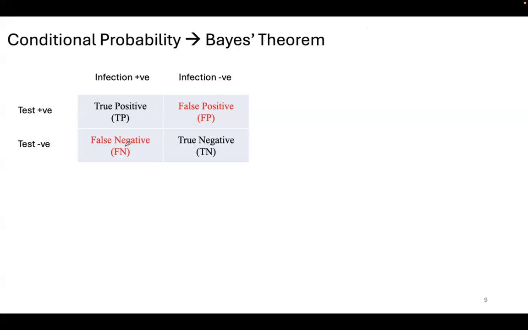Again, what this table is telling you is person with infection. So the ground truth, the truth which we don't necessarily know, is that a person has an infection. They take the test. If the test says you're positive, then that's a true positive. The outcome was positive. When you're taking a test, you don't know what the truth is. So this thing here, the two columns that we are looking at,